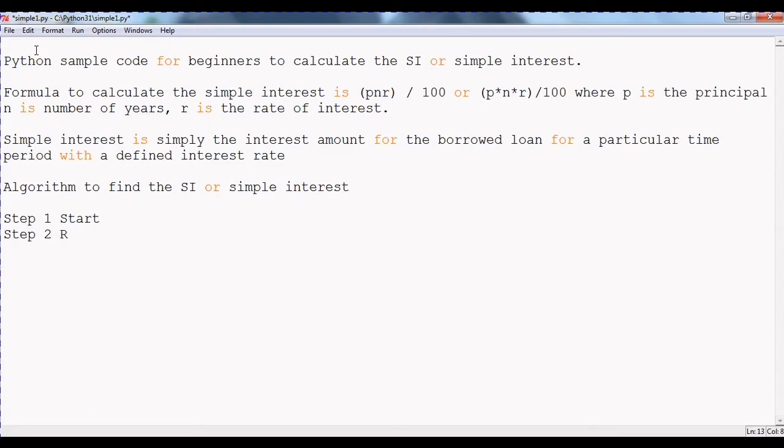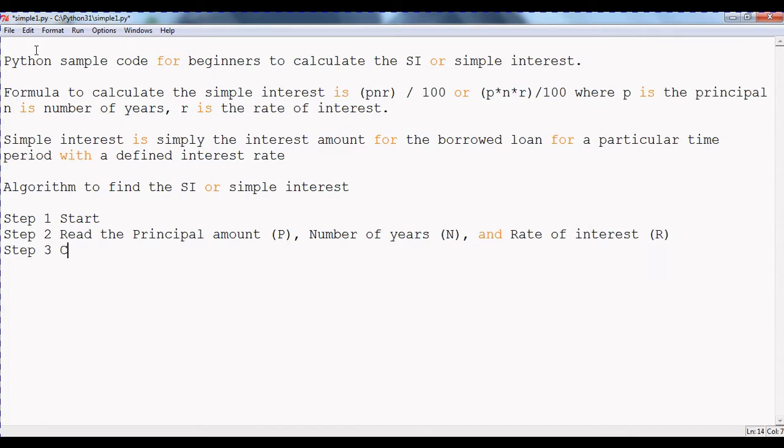Step 2, collecting data or reading the data from the user, like the principal amount P, number of years N, and the rate of interest R. Step 3 is calculating the simple interest using the formula we discussed already, PNR by 100,